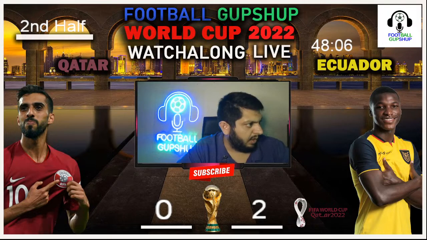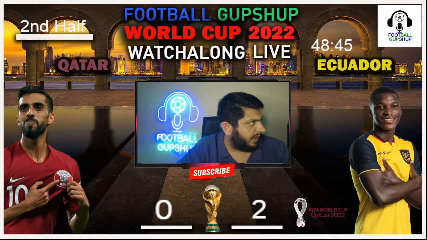Qatar once again win the ball. It would have been pretty nice if Qatar had been able to score a goal. Once again, the ball being played in, but Ecuador once again on the ball and playing it through the center. Right now, Ecuador once again trying to go forward over here. And this is going to be interesting. Ecuador on the left once again trying to go forward, still on the ball right here. Putting the ball on the left, and the Qatar player is able to put the ball out. It is going to be a corner kick.